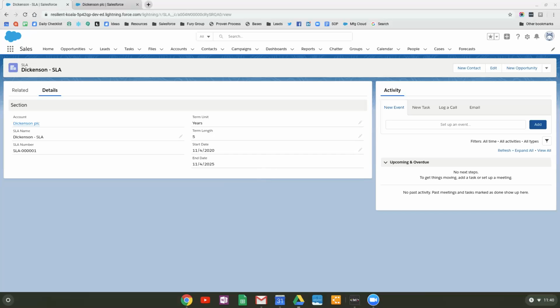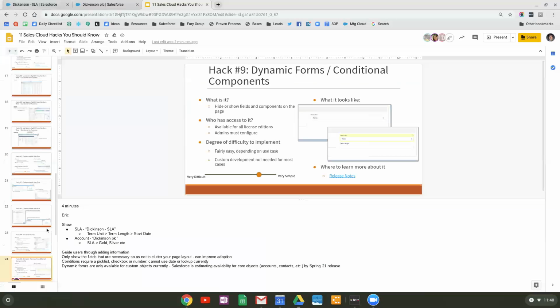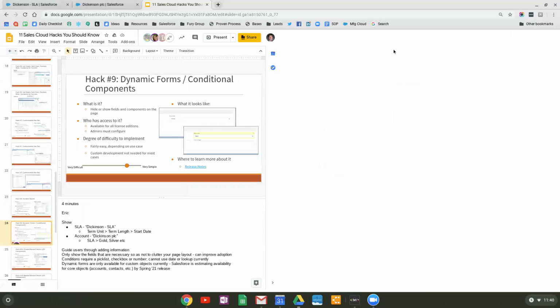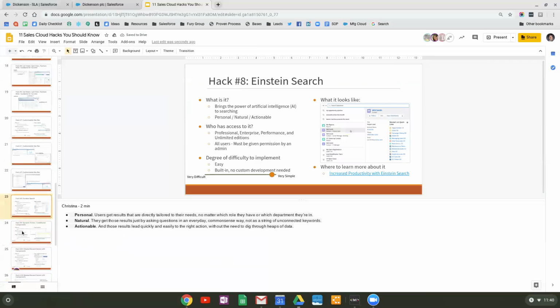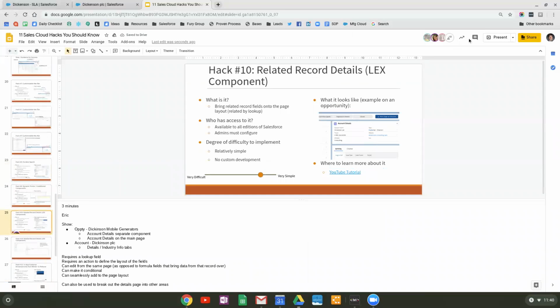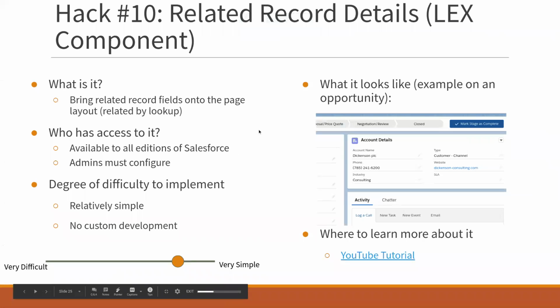So the next hack we have here, oops, we went backwards, is the related record detail. So I'll talk about this real quick. This has been around for a while, and we had a good conversation about it this morning, but related record